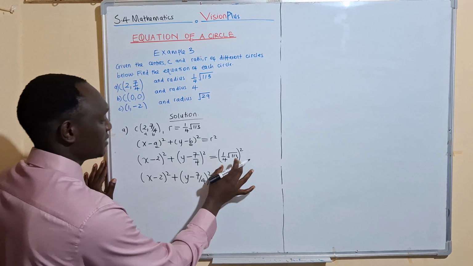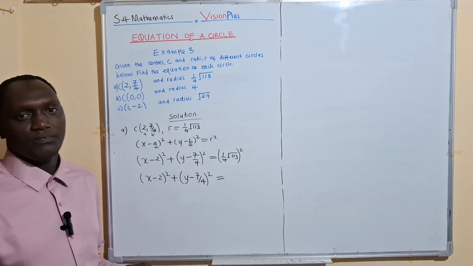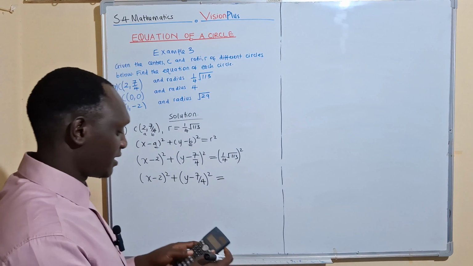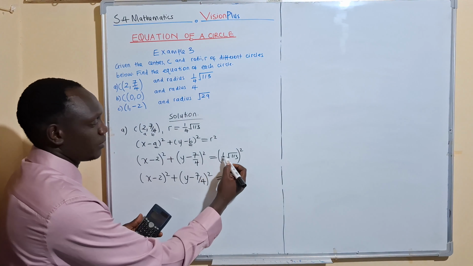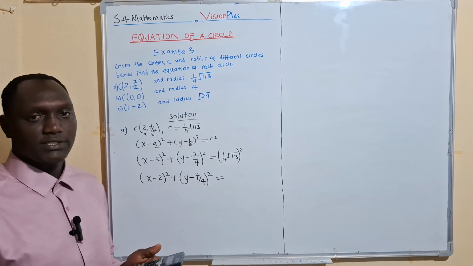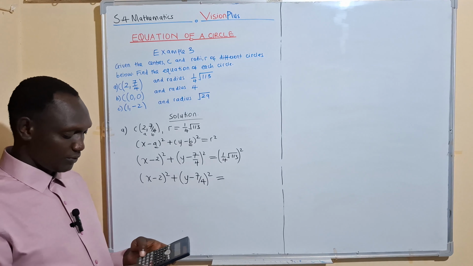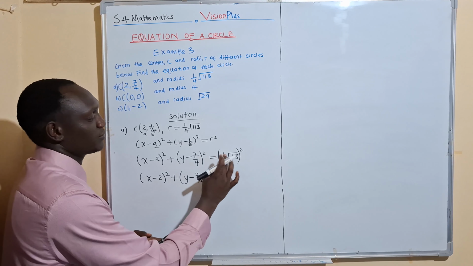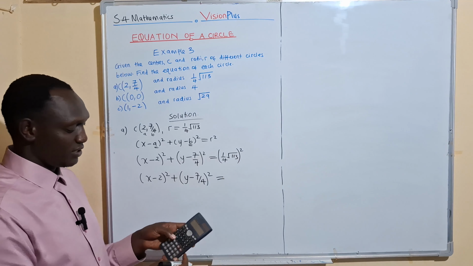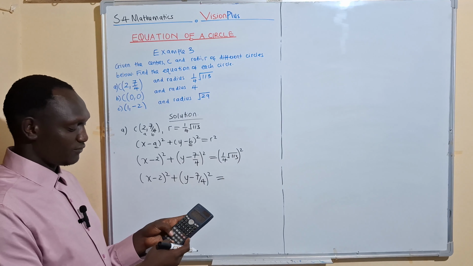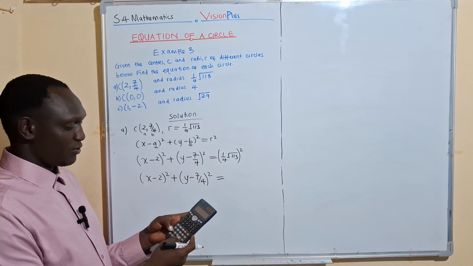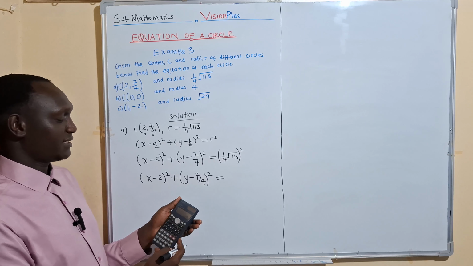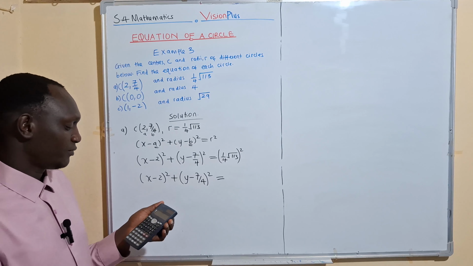equals, and then you press the calculator, ((1/4)√113)². So I'm going to get my calculator. What is 1/4? 1/4 is the same as 0.25. 1 divided by 4 is 0.25. This means that we have 0.25√113. So we open the bracket and say 0.25√113, close the bracket, but we are squaring it. So we press squared. I'm getting